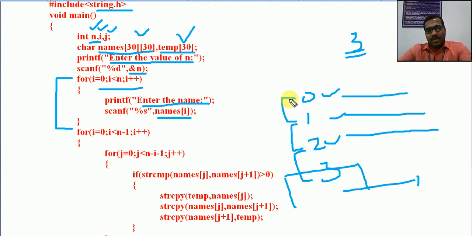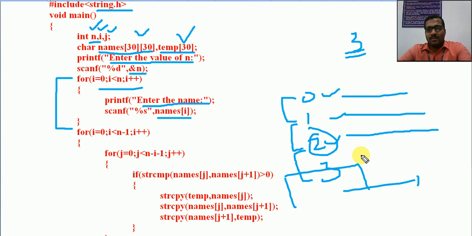Next phase, again do these two and these two. Next phase, only one. So in this case, if you are having 4 elements, only 3 phases are required. If you are having 3 elements, only 2 phases are required. Look at my previous video on bubble sorting, where I explained with an example that consists of only 3 elements. So we require only 2 phases. First phase, these two compare, interchange, then these two compare, interchange. So this will be sorted. So next time we require only 1: compare these two and interchange. Then the string will be in sorted order.